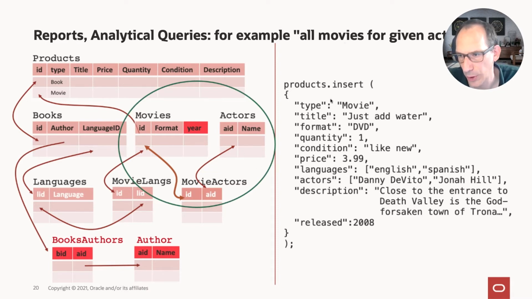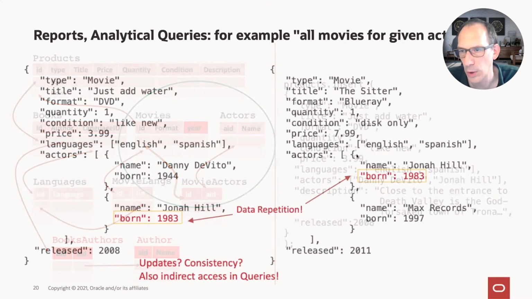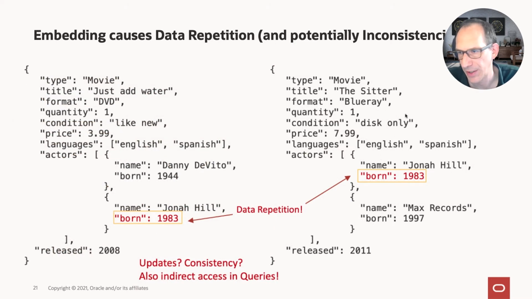Whereas in this JSON world, how would you do it? You would probably have to visit every document. You could obviously put an index on it, but normally you would go to every document and scan through this array to see if it has this actor. You also have to check that the type is a movie. Then you could return, for example, an ID or the movie title. So this is certainly more complex and may also be slower if you don't have secondary structures like an index.